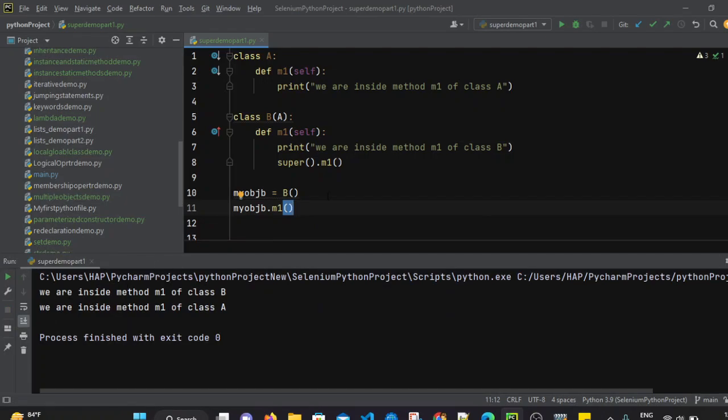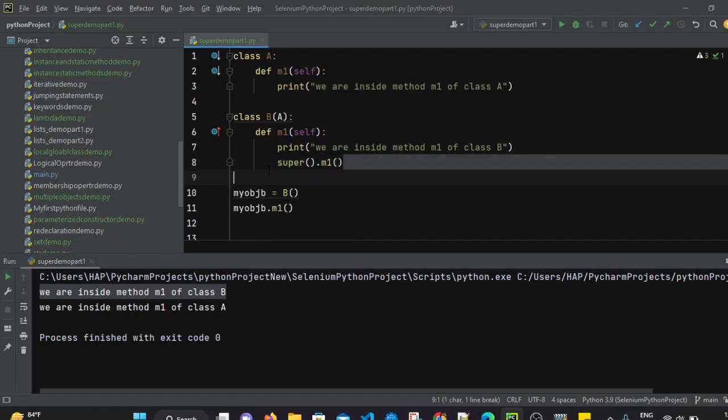It will first execute method m1, which will print that we are inside method m1 of class B, and after that by using the super function we are invoking the parent class method as well. So it will invoke the parent class m1 method, and it will print we are inside method m1 of class A. So this is how we can invoke the parent class method within the child class method, right?